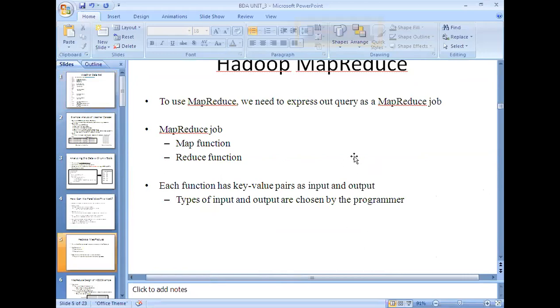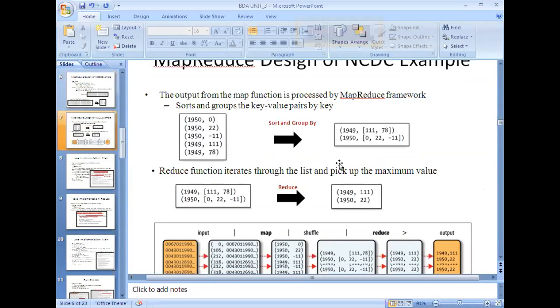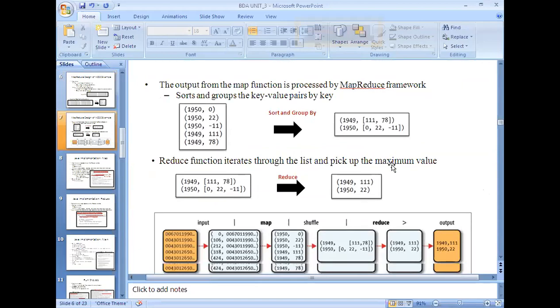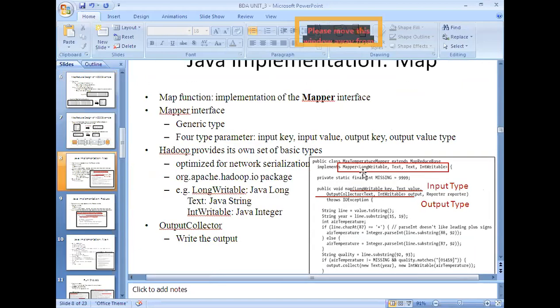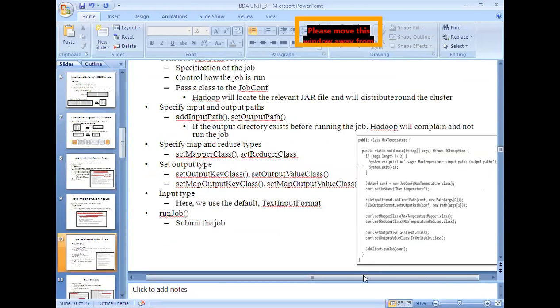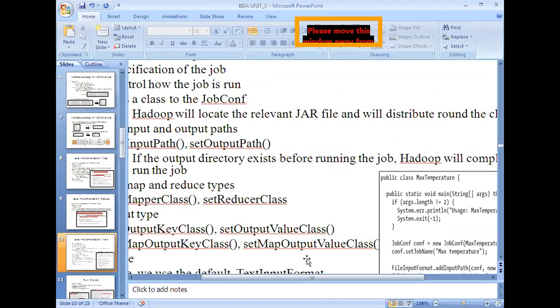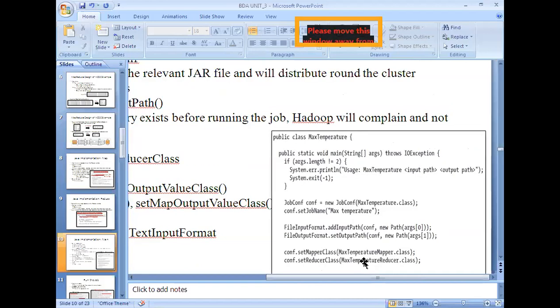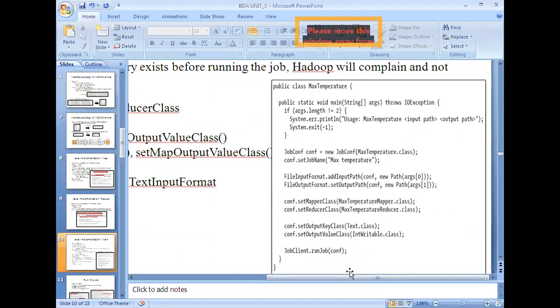Here you can observe that public class maximum temperature mapper extends the MapReduce base, so this is the mapper. Similarly, config dot set reducer class: whatever class file was created for the reducer logic, you need to specify here itself.